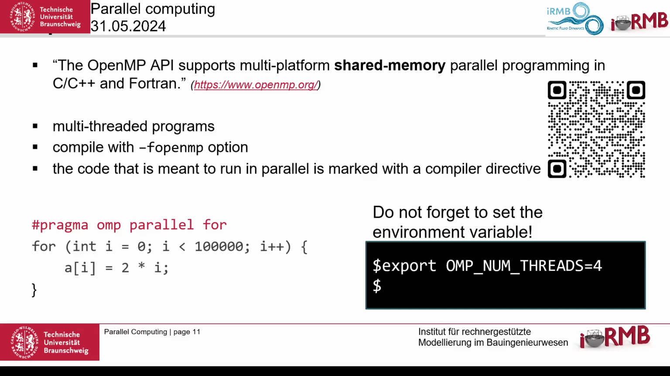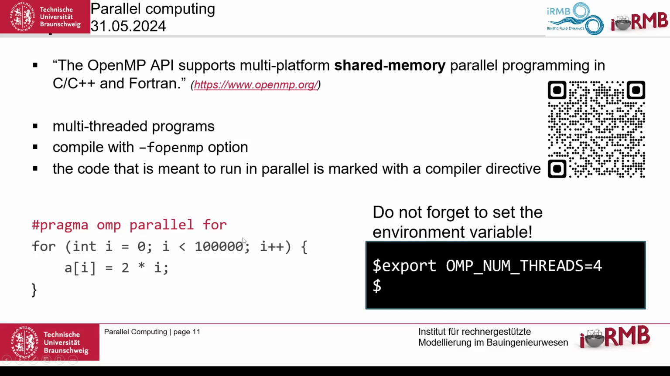Okay. So OpenMP has also been around since long ago. It allows you to write multi-threaded programs, and if you compile it, you have to use the -fopenmp option. Otherwise, funny thing, it will compile, but it will not do anything. So the code that is meant to run in parallel